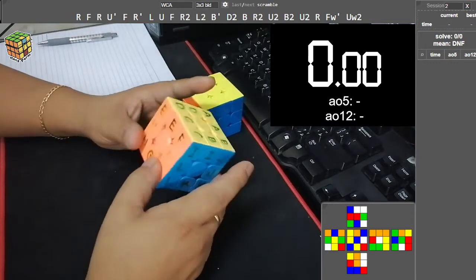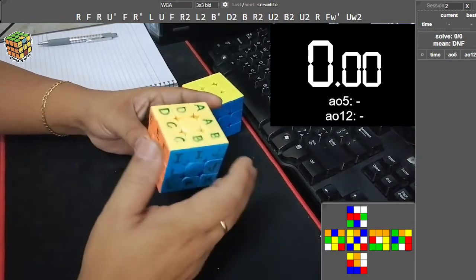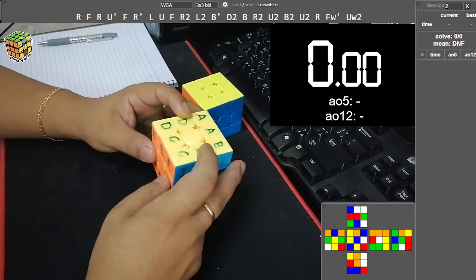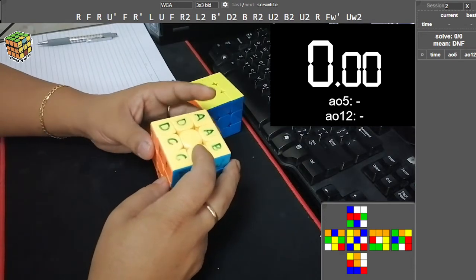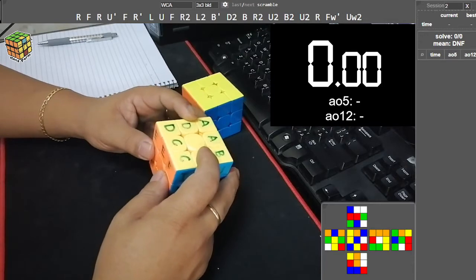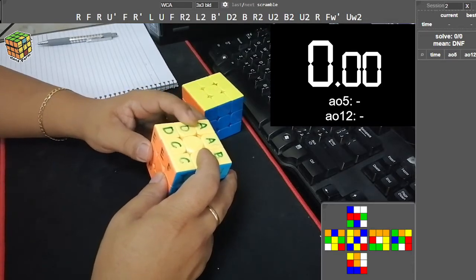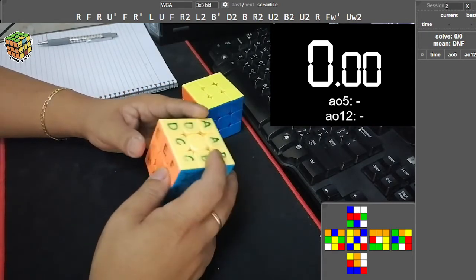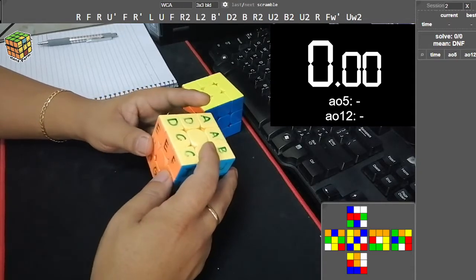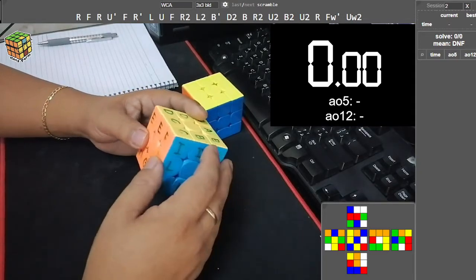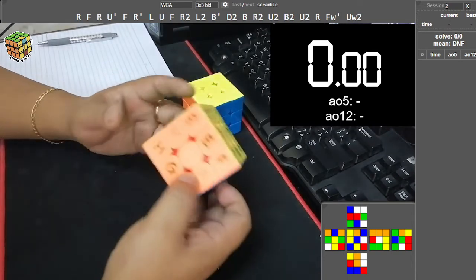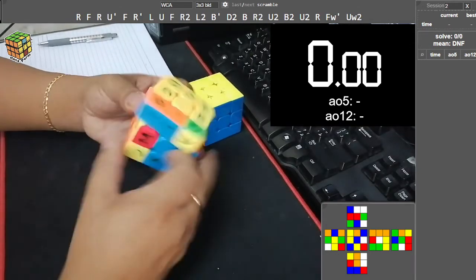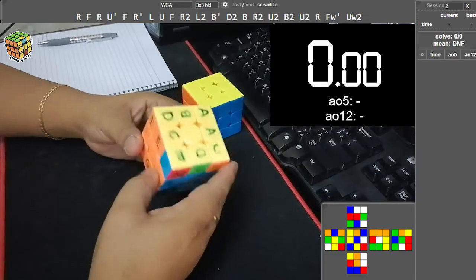So to give you some demonstration, for typical beginners starting off learning the Pochmann method, particularly in solving the edges, it basically uses a T-perm. But there are some notations where they also use the Ja perm and Jb perm, which I do mix up, particularly on the edge of K and the edge of S, which I will show to you later. If I perform a typical T-perm, you will see that